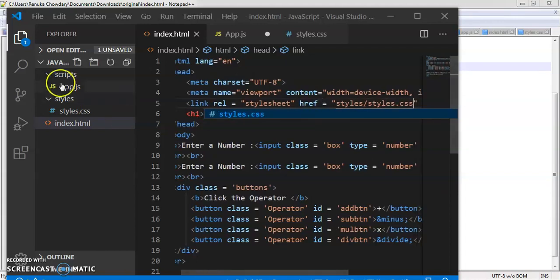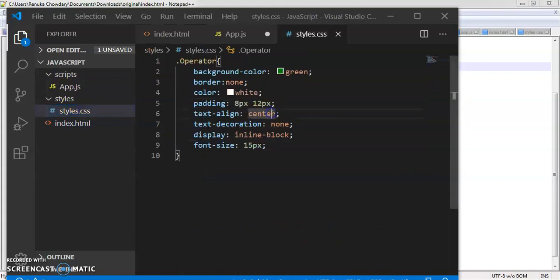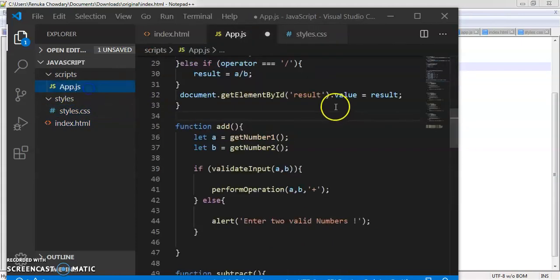Let's save this. Let's save the app.js and relaunch the browser.